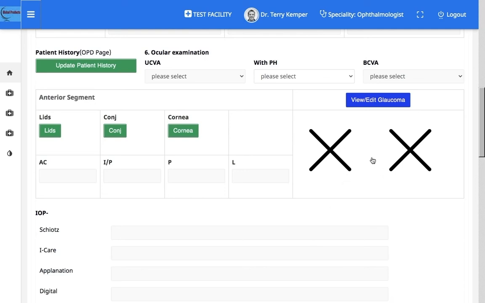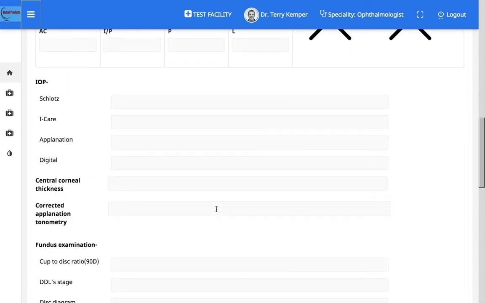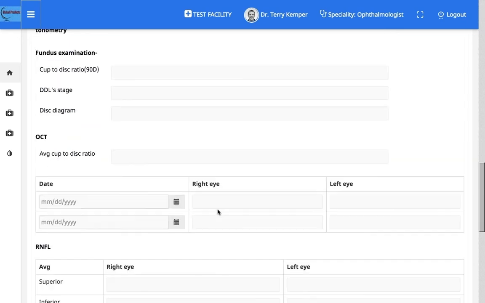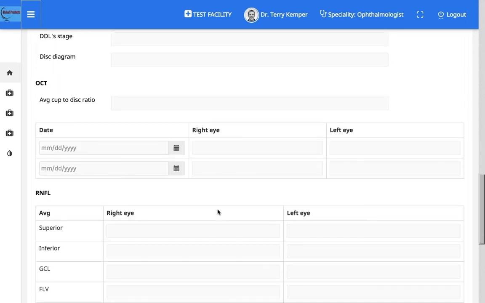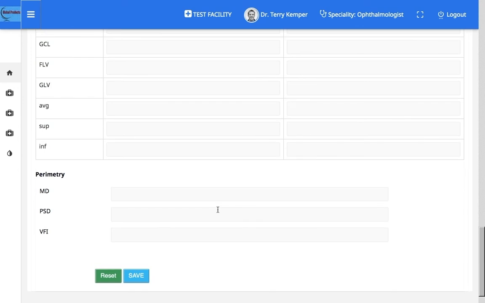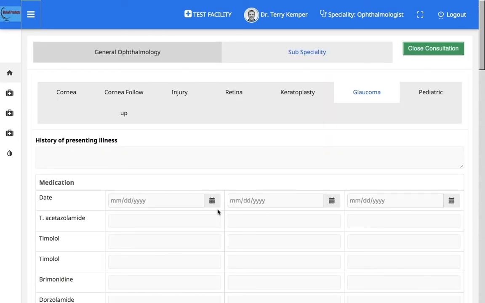This image can be edited using the image editor. Intraocular pressure using Schiotz, eye care, applanation, digital. Fundus examination, OCT. Perimetry information can be recorded in the glaucoma subspecialty.